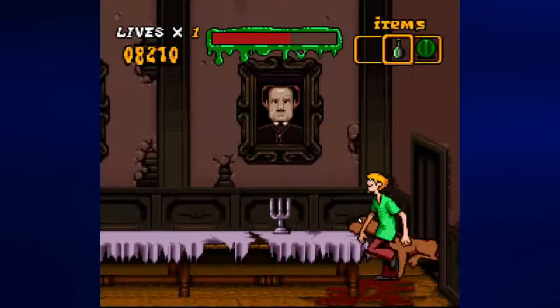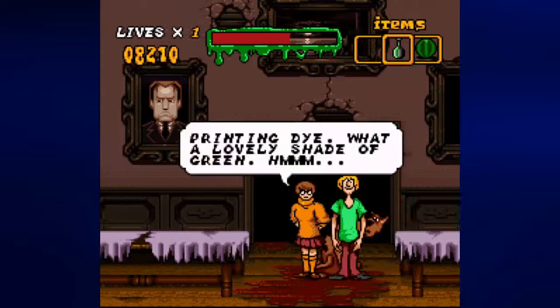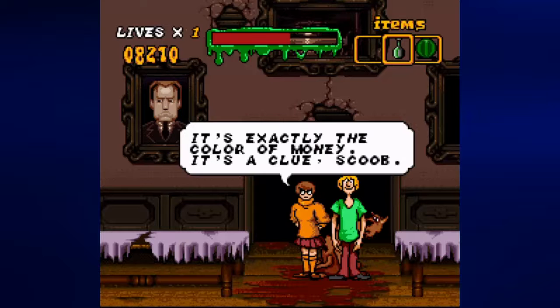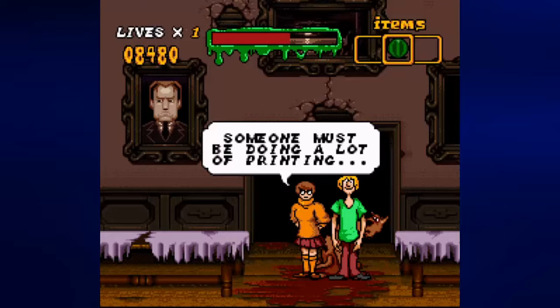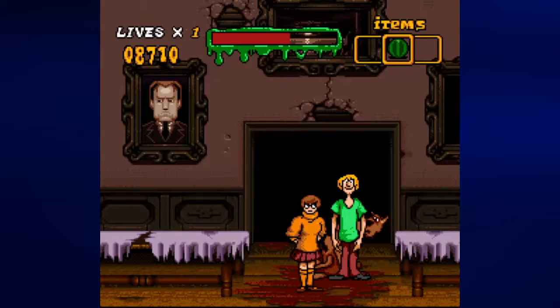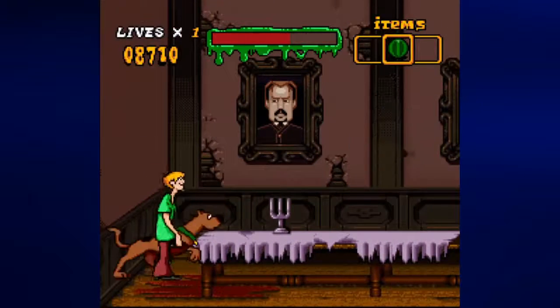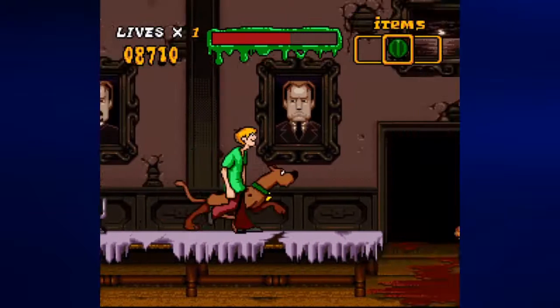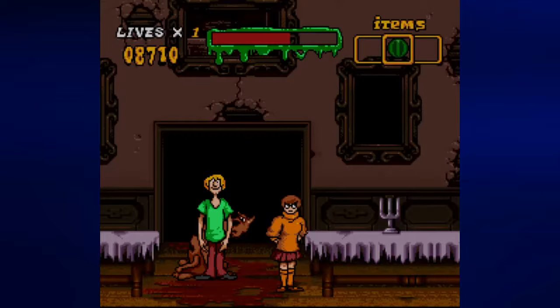Of course, we're going to have to run to the other side because that's where the chandelier is going to be. Let's see what this is. It's printing dye in a shade of green. So whoever is using this, which is exactly the color of money, they're definitely making funny money. So banknotes being used a lot, printing being done a lot. We've got funny money. But why is it being done? Well, we're gonna find that out